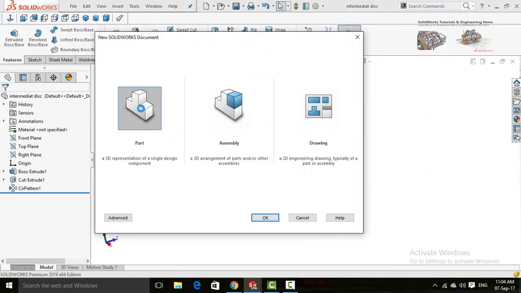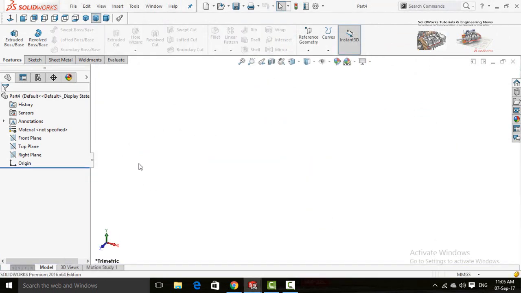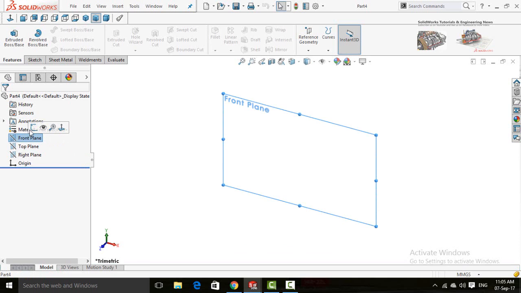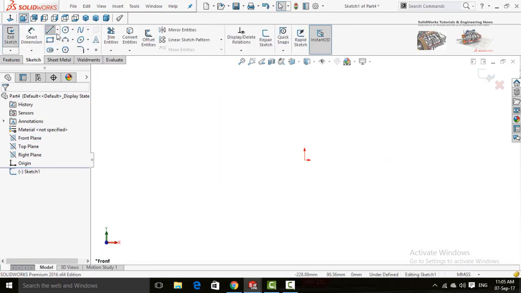Now create a new part for shaft. So sketch on front plane, draw a line.